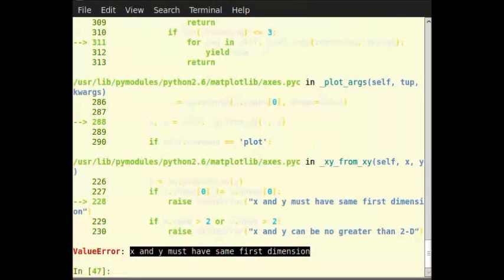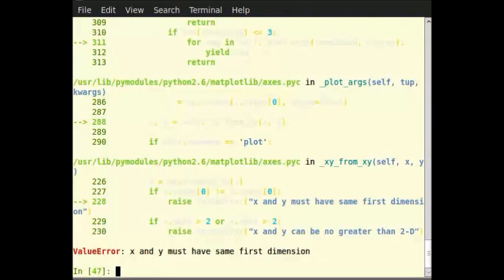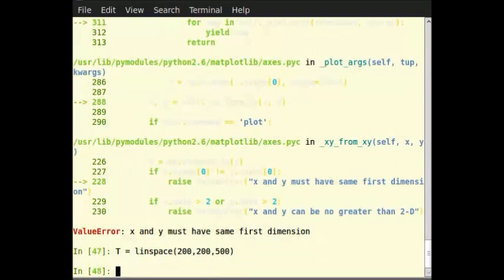So to plot this data, we need to create as many points for temperature as there are in the pressure or volume data, all having the same value. Hence, we do this by typing on the terminal T is equal to linspace within brackets 200, 200, 500. So now we have 500 values in T, each with the value 200 Kelvin. Plotting this data, we get the required plot. So for that you can type plot within brackets T, 2.0 slash V.